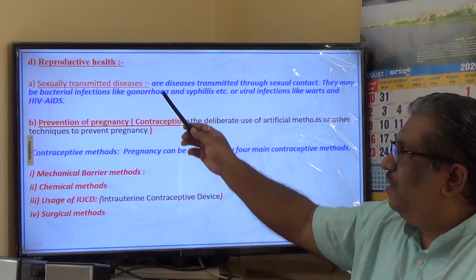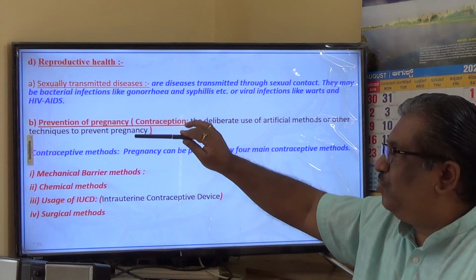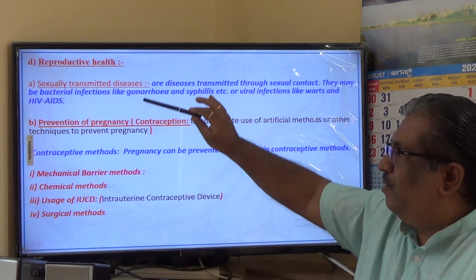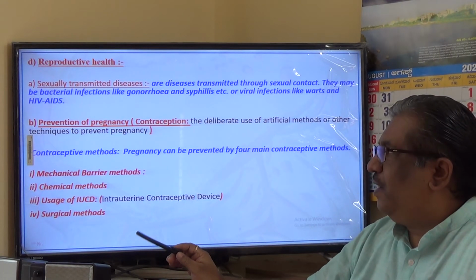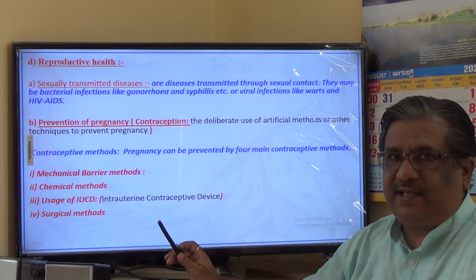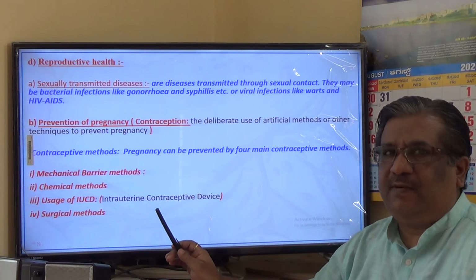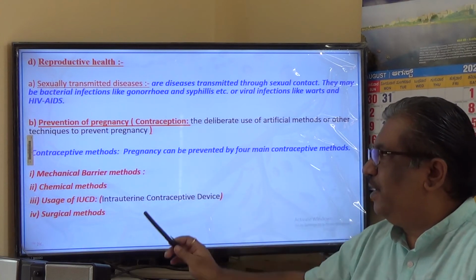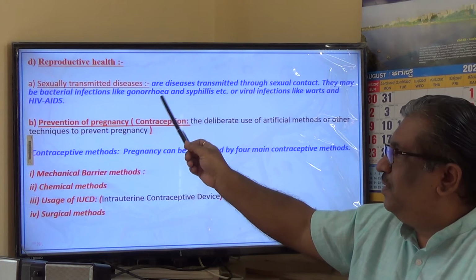Now, reproductive health has been categorized into two main parts. One talks about the sexually transmitted diseases and how to prevent the pregnancy, unwanted pregnancy. This is basically how to prevent the unwanted pregnancy. So these are the two things. So important in this is, see,